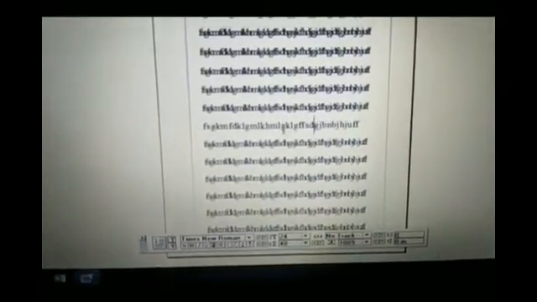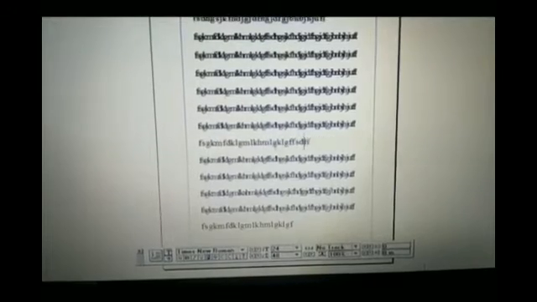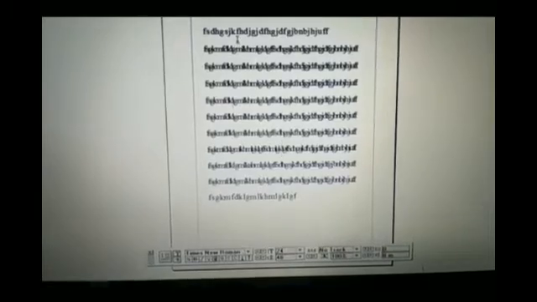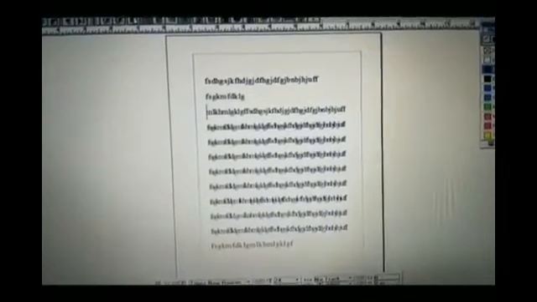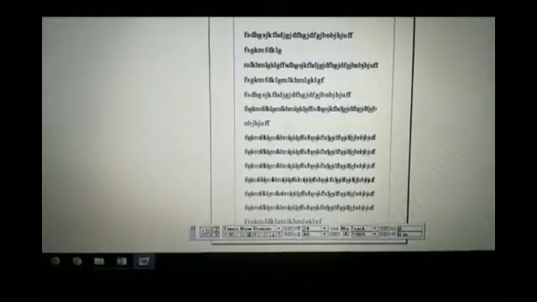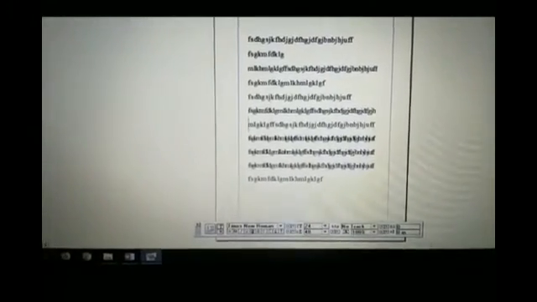Now what we are going to do is split the text block into two. You can see here I had added a text block, and this text block contains a lot more text. After pressing the enter key, you can create so many paragraphs within this text. So this is the text block containing a lot more text, and now we are going to split this text block into two.